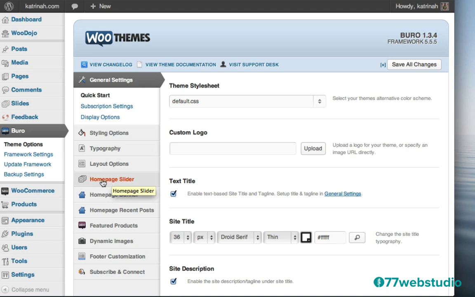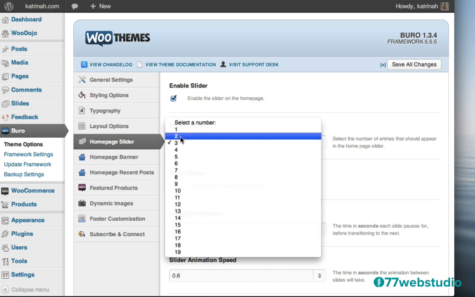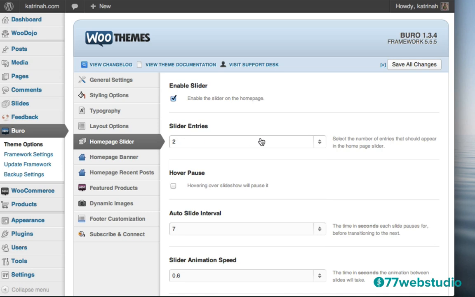So the first one here says homepage slider, so I am going to click on homepage slider. You want to make sure that it says enable slider, enable the slider on the homepage. You want to make sure that this is checked. Then just below you can choose how many entries or how many slides you want to have displayed. I am just going to display 2, so I'll change it to 2.